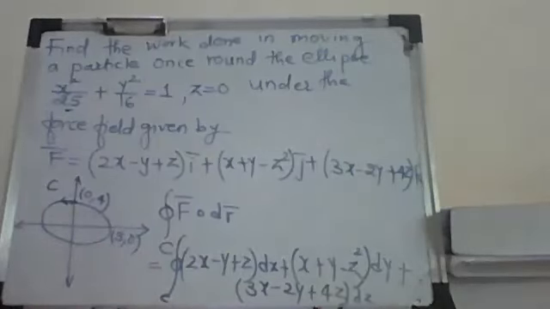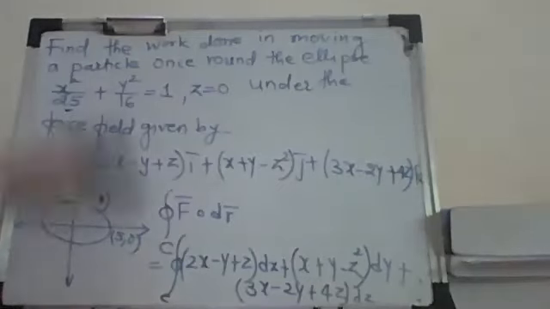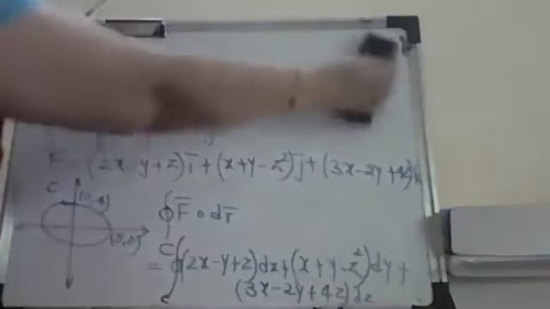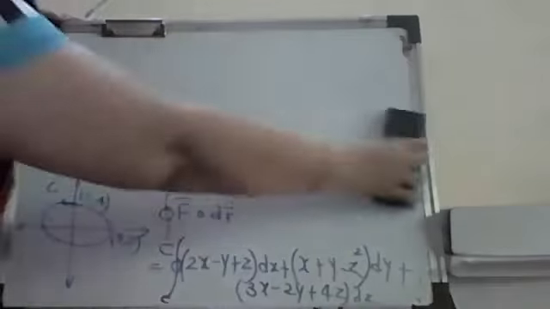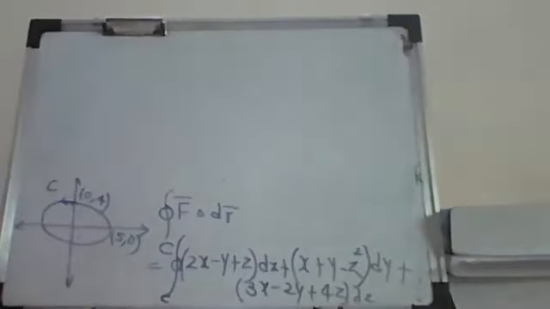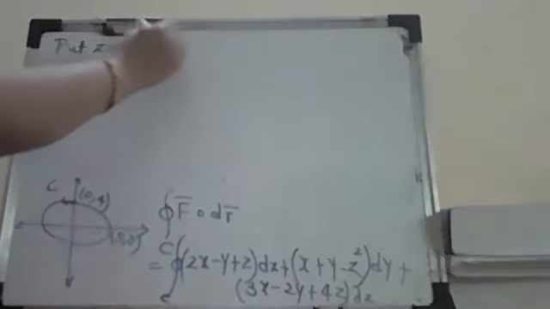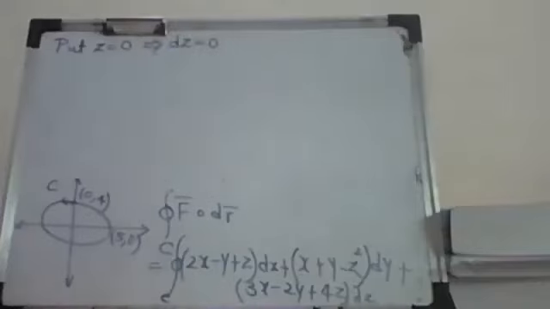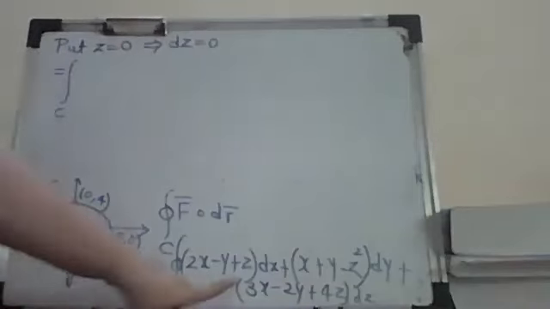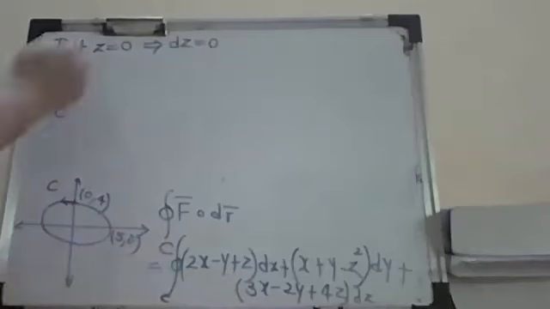I just substitute z as 0 in this integration. So put z equal to 0. So this implies that dz is also 0. Correct? So what does this integration now become? The integral over this curve C, you just substitute here z as 0. So I get this term as